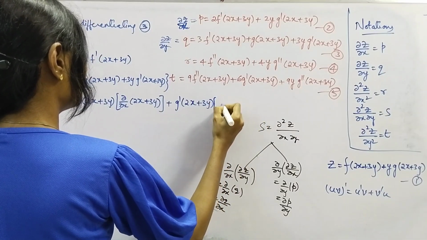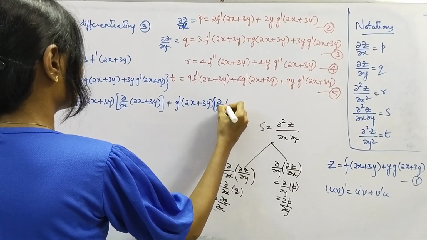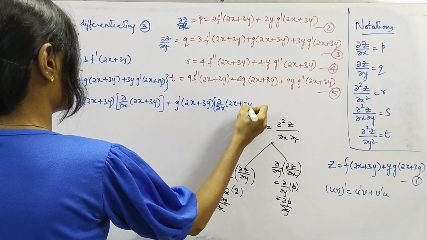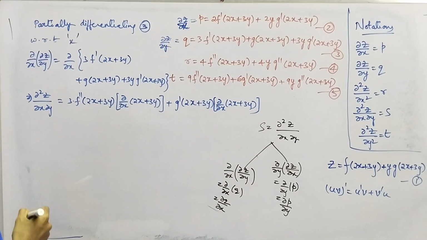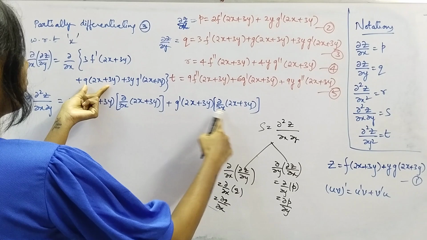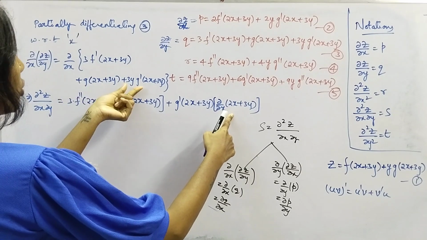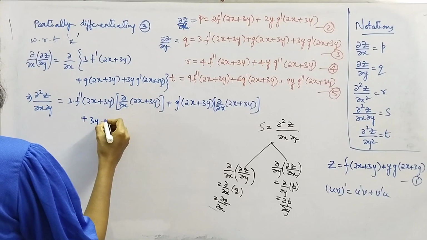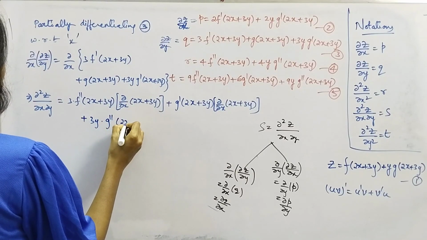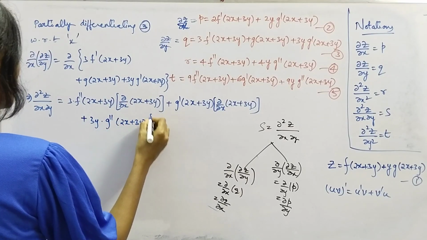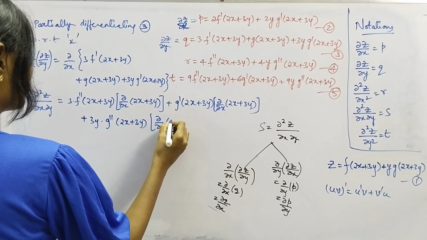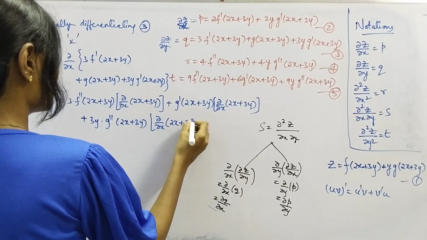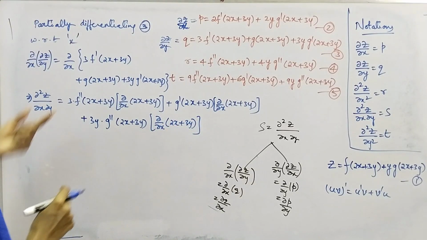You'll get into partial derivative of 2x plus 3y, inner derivative, g dash into its inner derivative plus 3y into partial derivative of g dash is g double dash of 2x plus 3y into its inner derivative dou by dou x of 2x plus 3y. Okay,